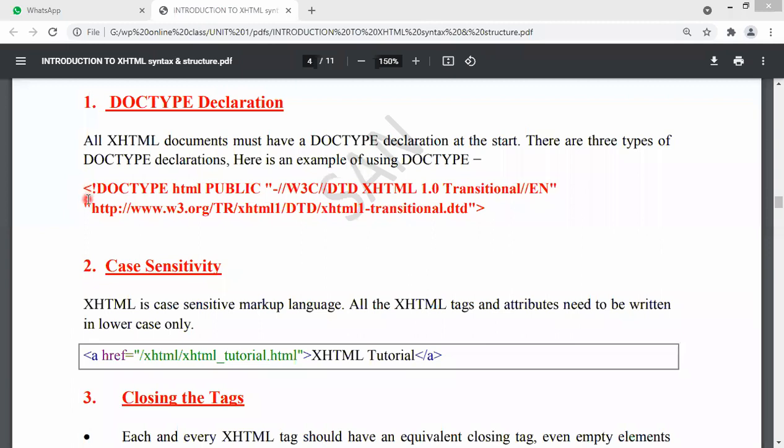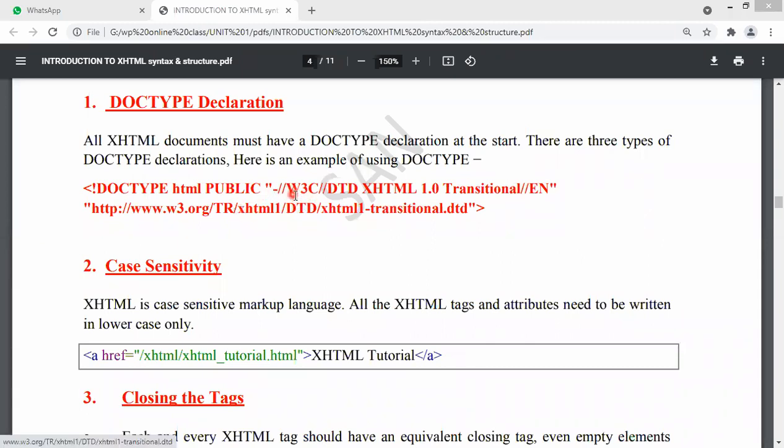See, less than symbol, exclamation mark, then DOCTYPE, which is written in capital. Then we have html, written in small case. Then we have PUBLIC, in capital case. We have double quotes. Then we have this symbol, which is an underscore. We have double slash, W3C, in capital, that is World Wide Web Consortium.